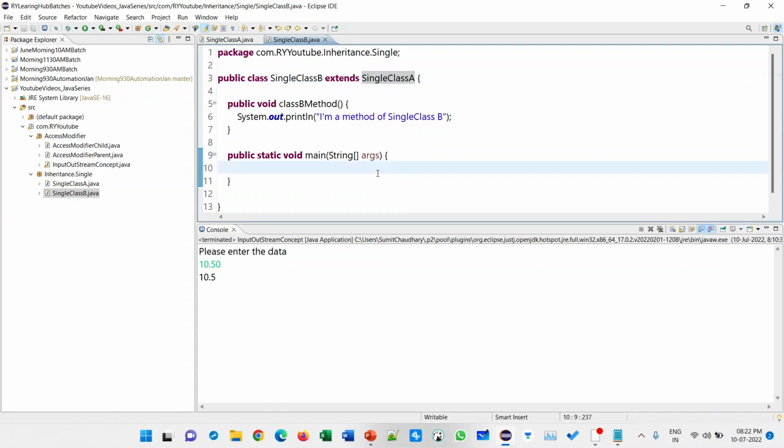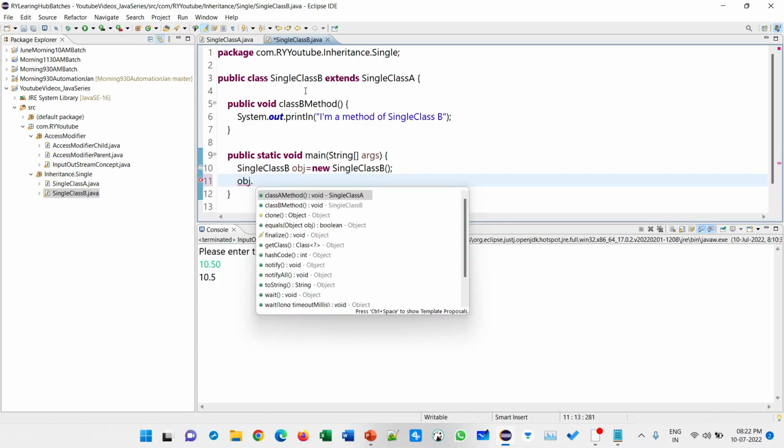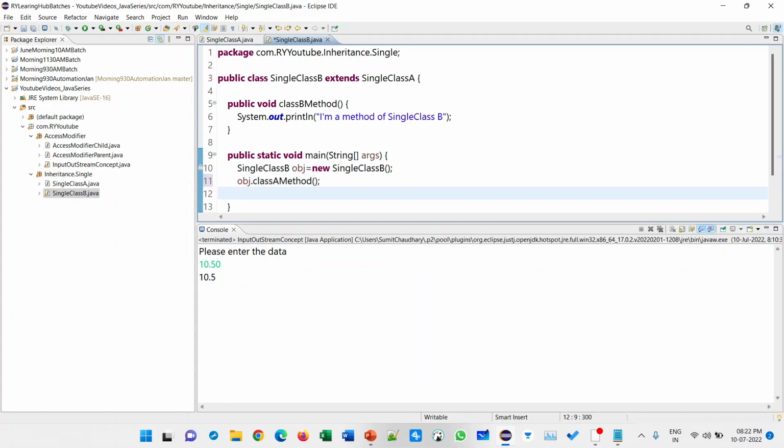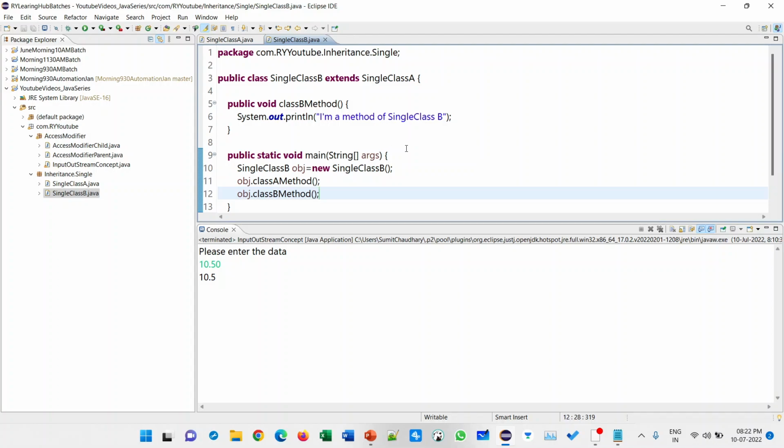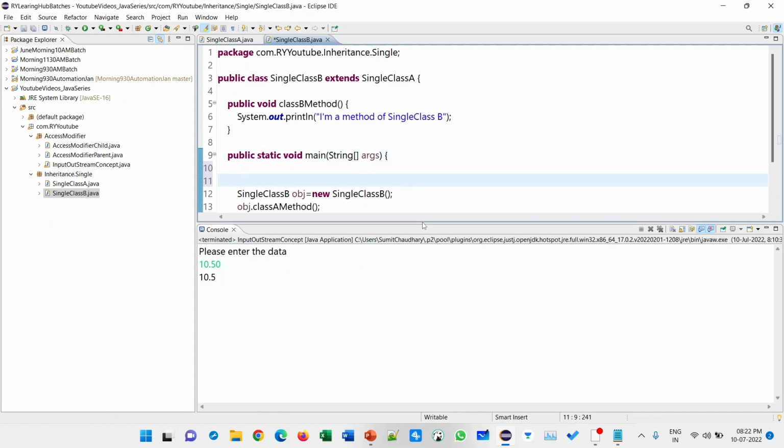So single class B obj equal to new single class B default constructor, and with the help of the child object we can access the parent property. But you can see one more thing.